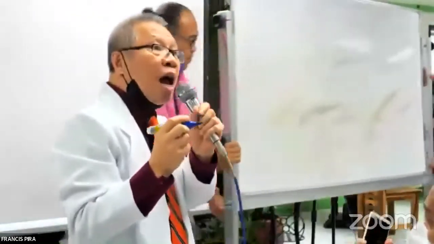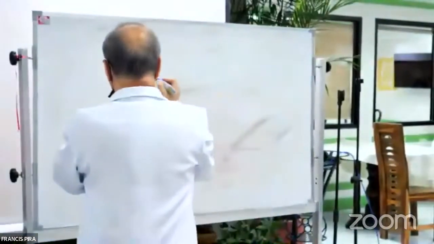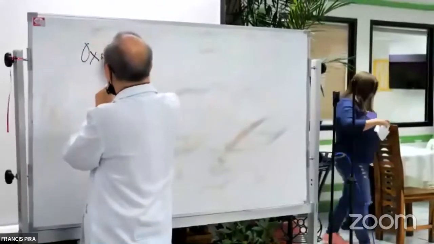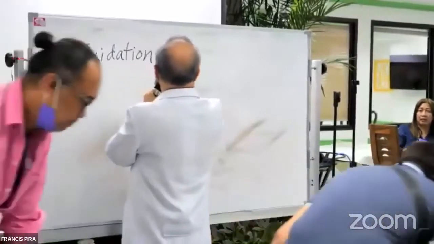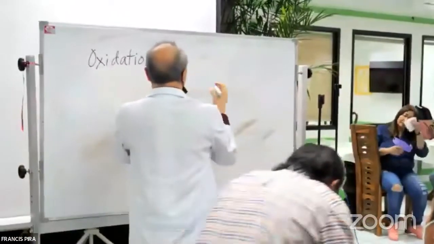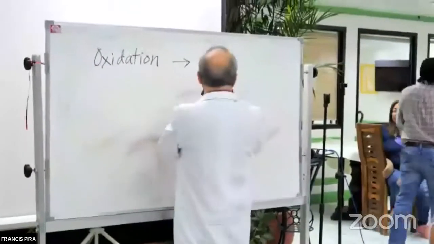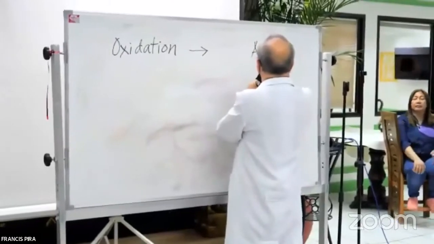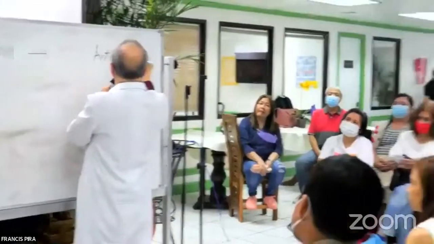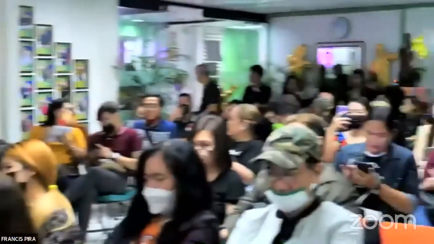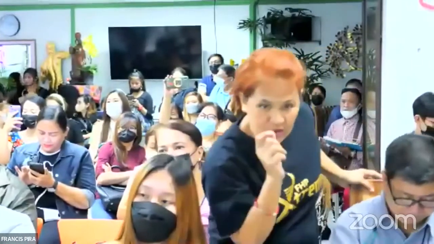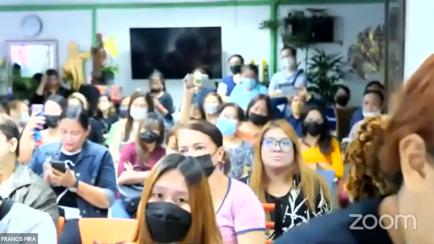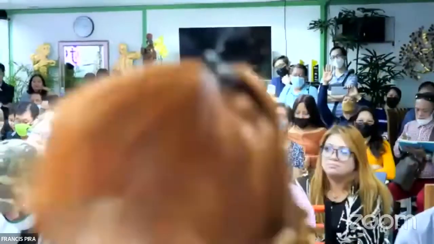A little chemistry, or are you still absent? What is the meaning of oxidation? Because from here, we will know the antioxidant. From oxidation comes the word antioxidant. I mention this very emphatically because this is the center point of the molecule we're about to reveal tonight. Okay, what is oxidation in your chemistry?